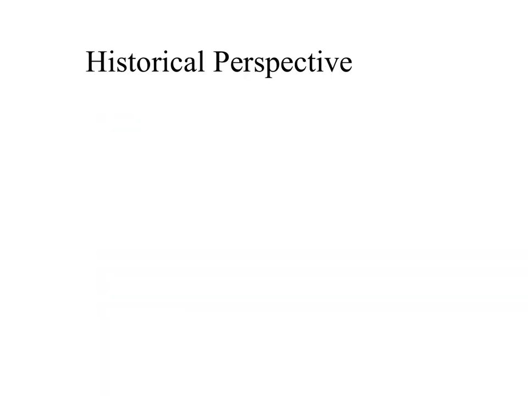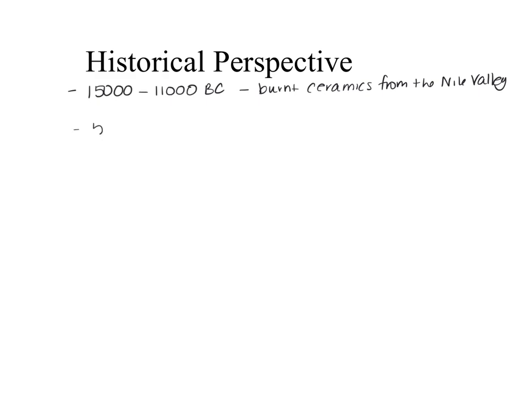When we look at this, it just really amazes me how quickly pottery and ceramic arts advanced in that time period. So let's put some words to what I showed you. They've dated the earliest at 15,000 to 11,000 BC. They've recovered some burnt ceramics from the Nile Valley in Egypt. In 5000 BC, we started to get some crude earthenware that was glazed with an alkaline glaze